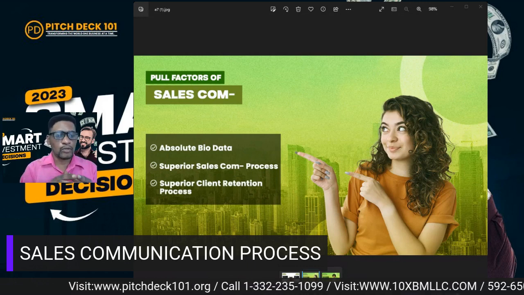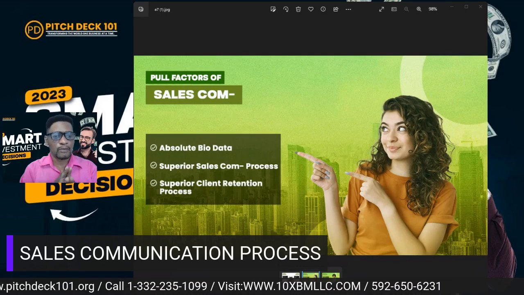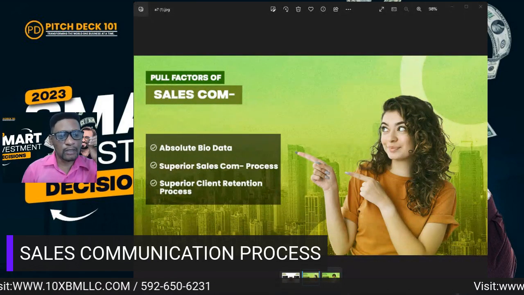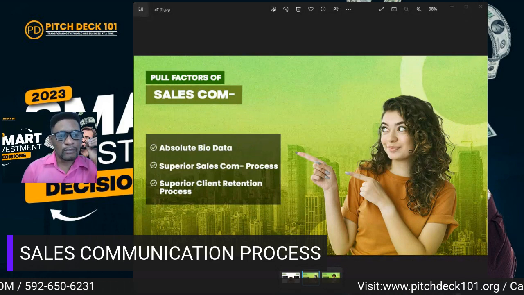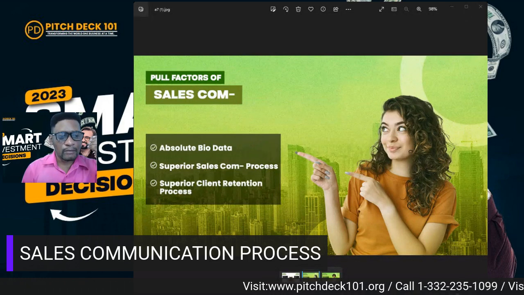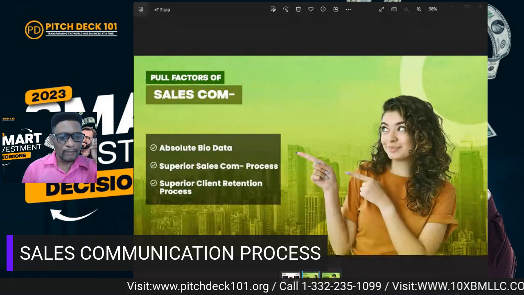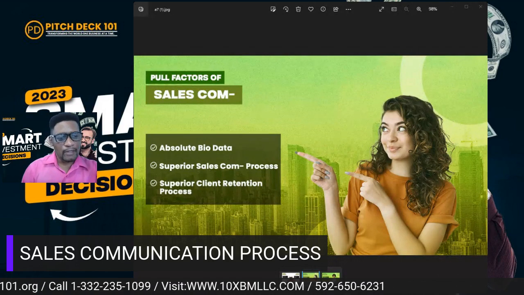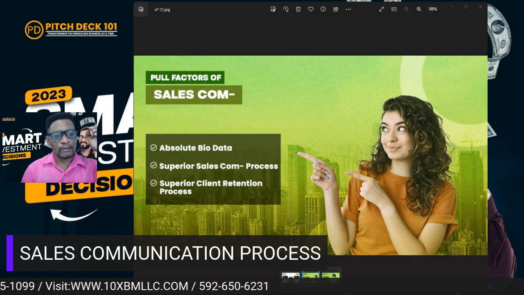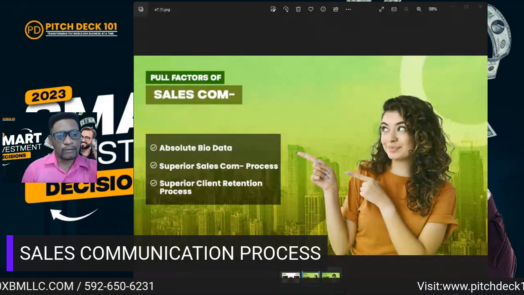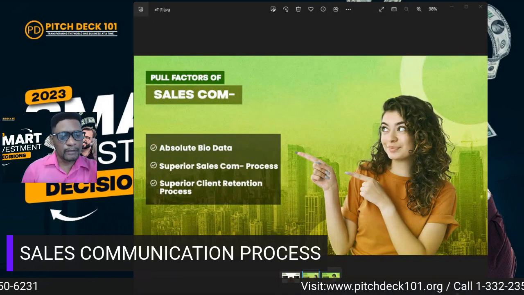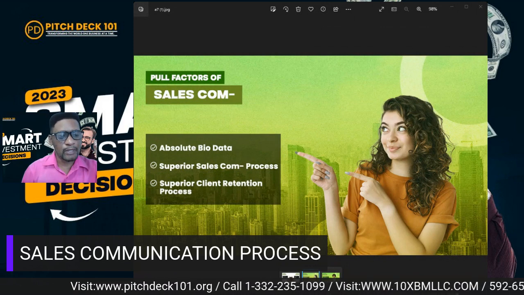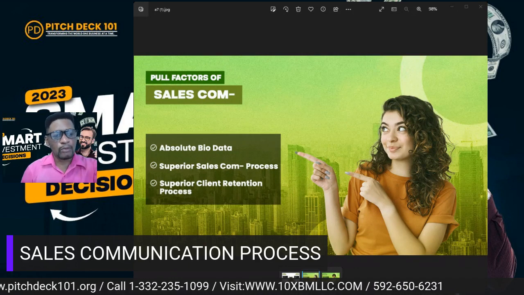every opportunity you get, you position your value proposition. It's more tactical. It's more strategic. It's more intentional. It really takes the time to get information, the absolute biodata, and leverage that biodata to the advantage of growing, scaling, and fast tracking the development of the business or brand. So there's a lot to unpack here, but I'm going to stop here at this point. In our next broadcast, we will go a little deeper